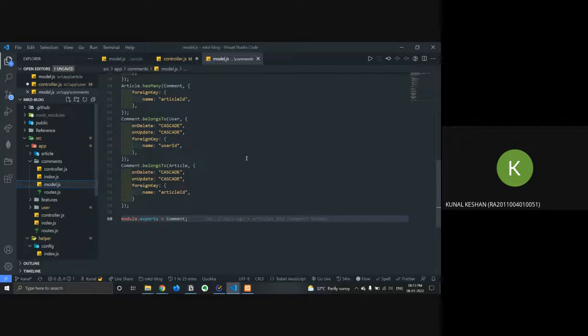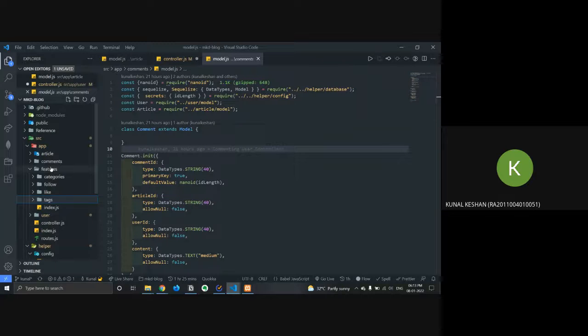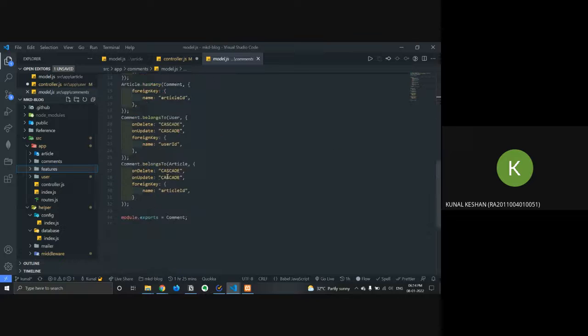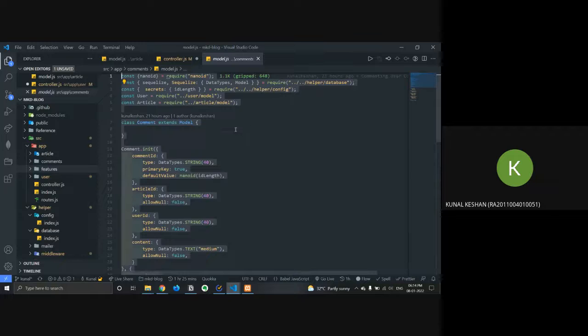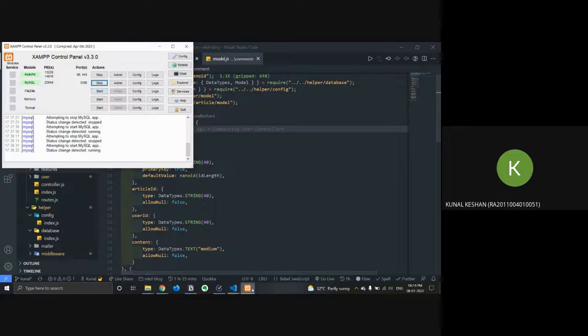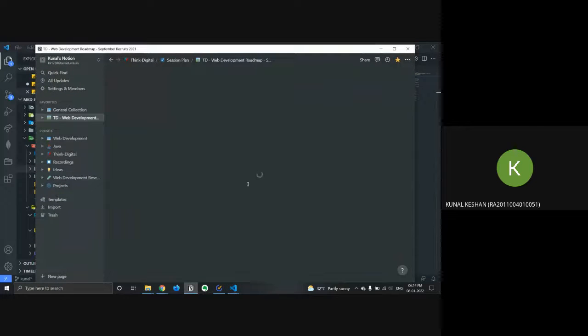Any more of this? What you guys can do is, any one of you can pick up the tags table that we had defined. You can create a model.js in the tags folder and define a similar model. You just test it out, and let me know how it works out. I hope we've covered everything for today's session.